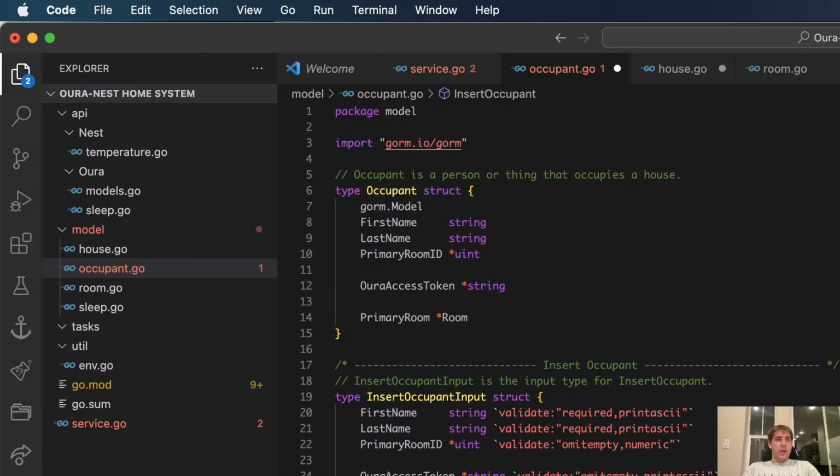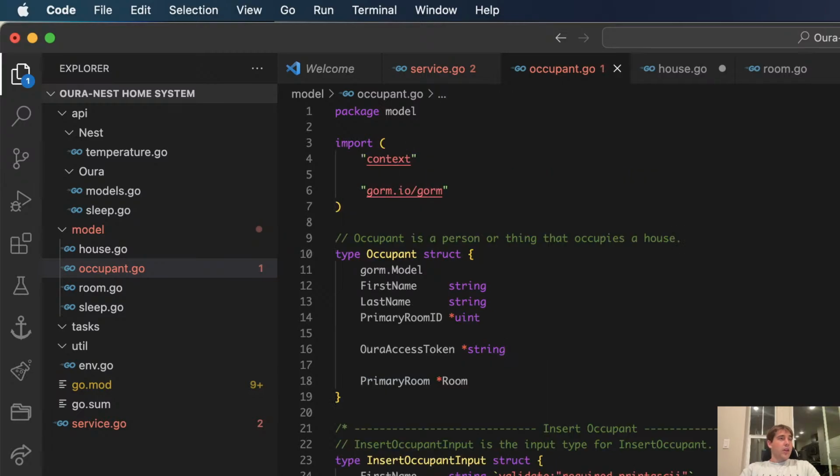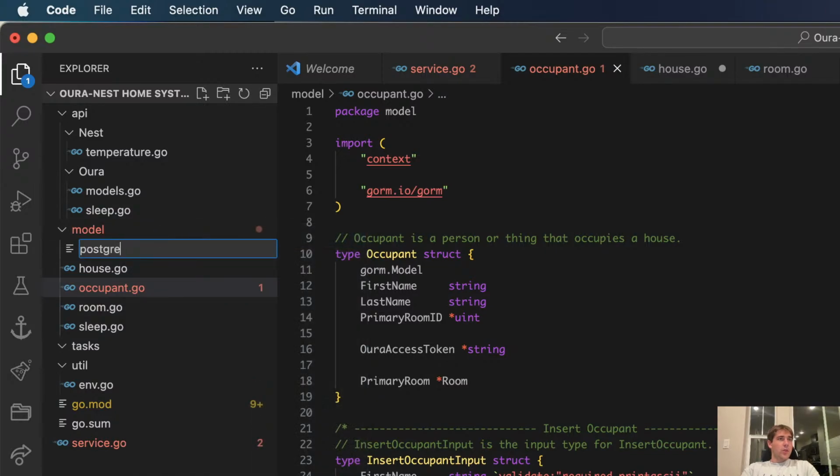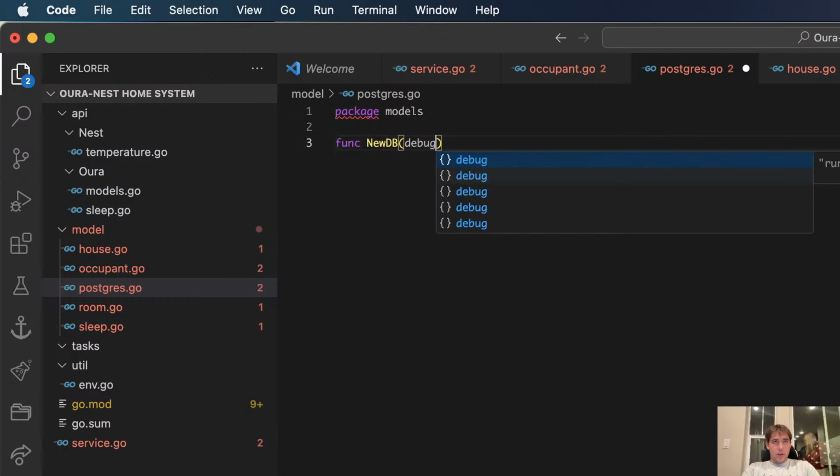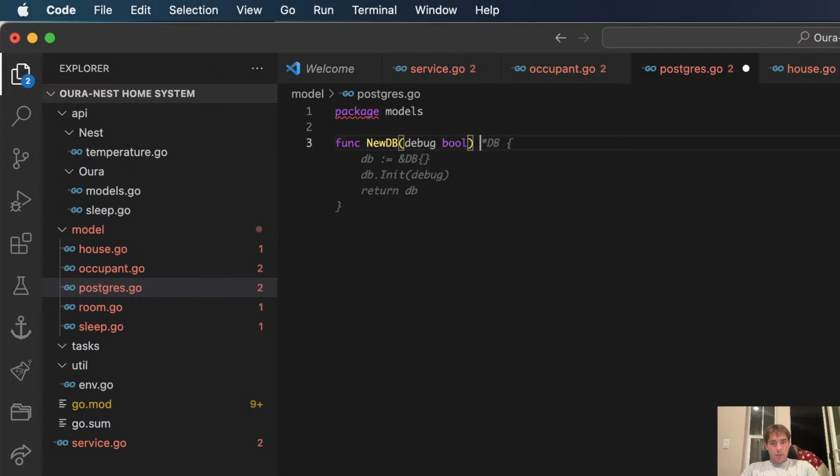I'm gonna add the DB to context. I always have to look back at old stuff that I wrote or worked with in order to figure out the database. Let's use Postgres.go, package models. Let's look at what I've done. This is what I usually do. It works well. So let's see. We'll do a func UDB. This is partly copying, actually fully copying basically from past programs.